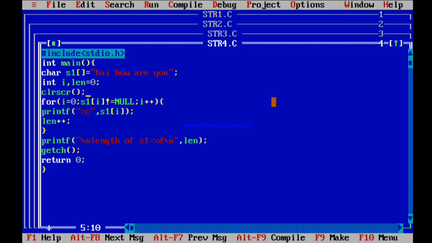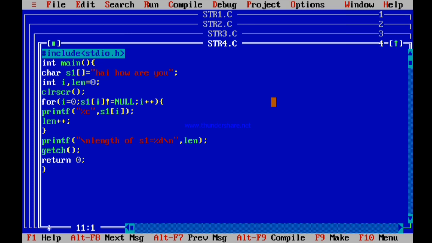Another important point is that in every program I'm using this getch function. The getch function doesn't relate to the concept of the program, and it isn't part of the logic of the program. I have used getch before return 0 only to hold my output screen. If getch is removed from the program, when you come back to the program you cannot see the output, and you have to type Alt F5.